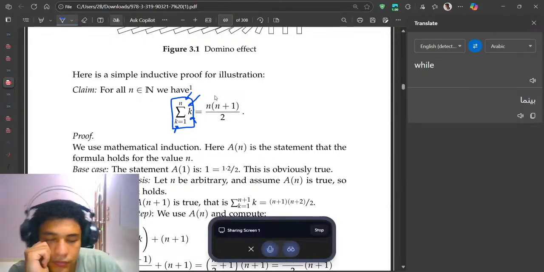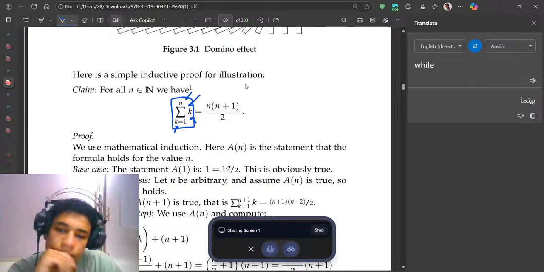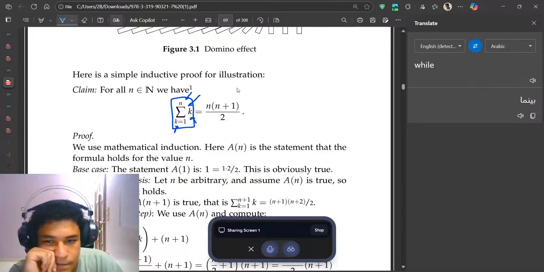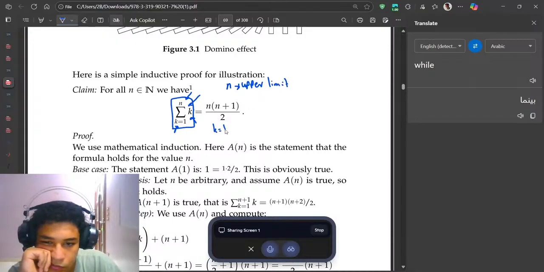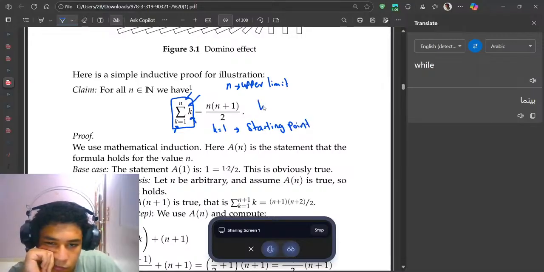Alright, let's break it down. The symbol sigma stands for summation, which means adding up a series of terms. The n at the top of the summation symbol tells you the upper limit of the sum. The notation k equals 1 at the bottom indicates the starting point. Essentially, you're adding the expression to the right of the sigma, starting with k equals 1 and ending at n. The k in this context is a dummy variable representing each integer in the range as you add them up. Does that make sense?